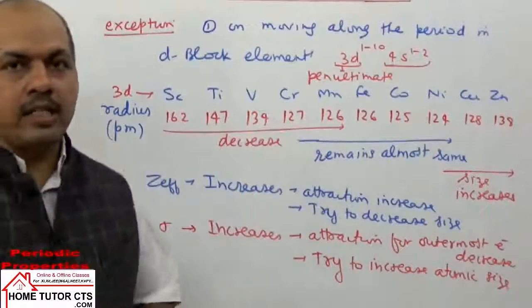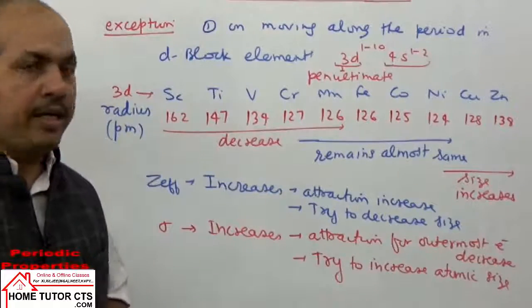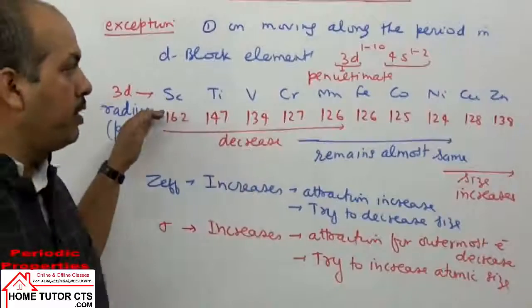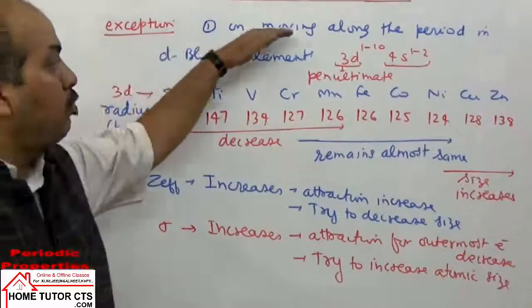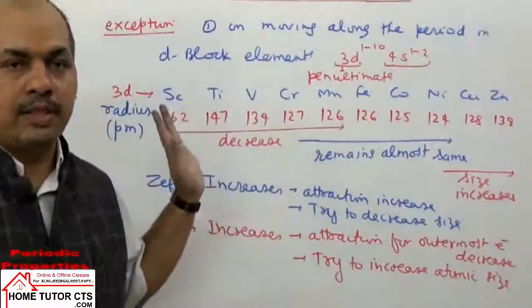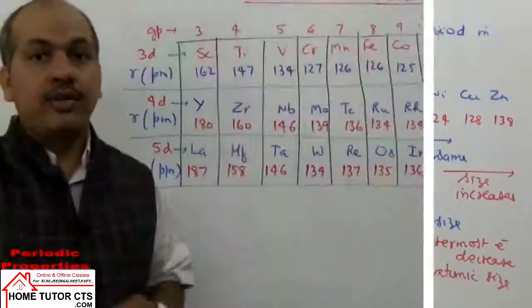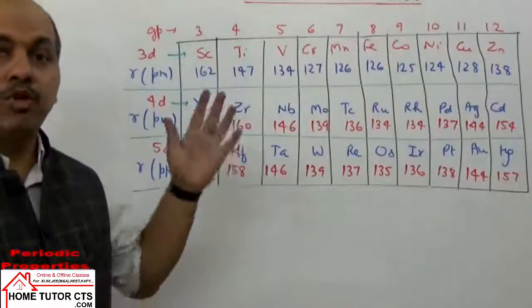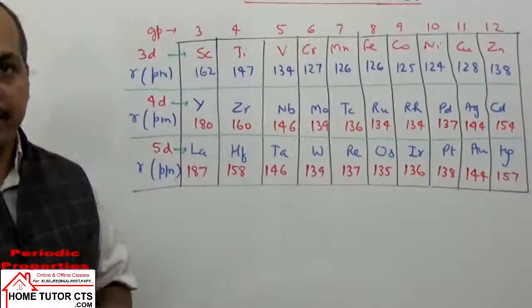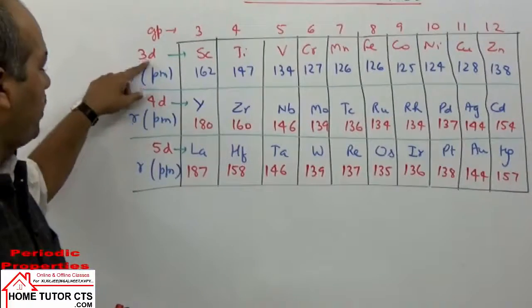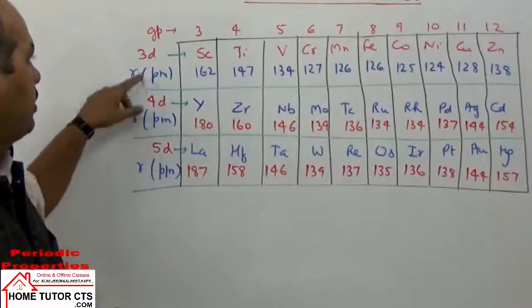चलिए तो आगे चलते हैं, नेक्स्ट पॉइंट पे यहाँ पे आएगा हमारे पास, that is variation on moving along the period. In d block elements, size of element does not decrease regularly. Now we can take exceptions also for moving down the group in d block elements. I'll first give data. From data we can explain this point to you. Now next exception can be taken on moving down the group. If you are moving down the group, we can take here again d block elements. It is 3d series elements. Now we take 4d series elements and 5d series elements.